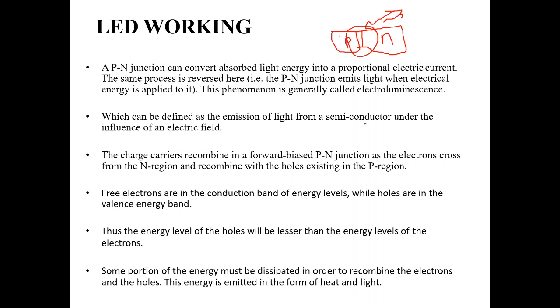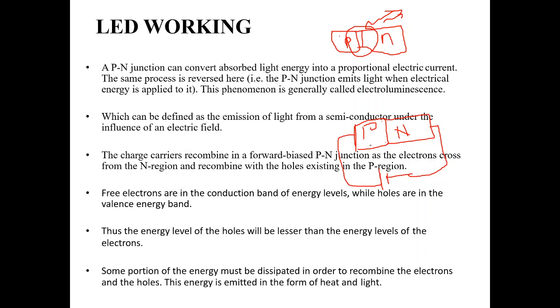So in the LED we have the p-type material and the n-type material. When these two are joined together and you apply the forward bias condition like this, the depletion layer decreases. It will not vanish at a certain voltage level.